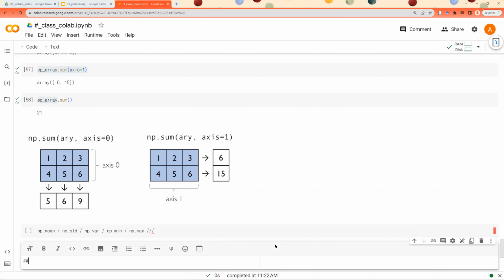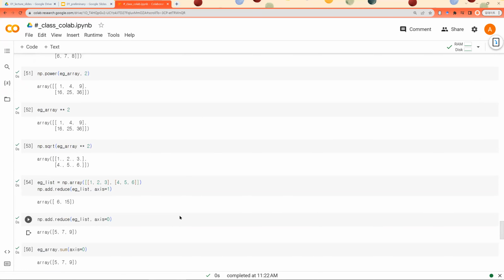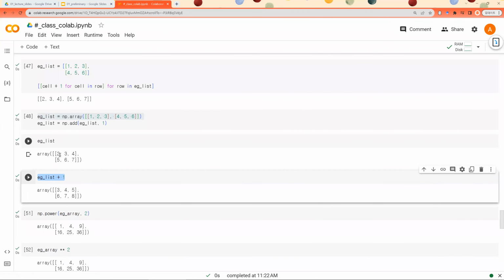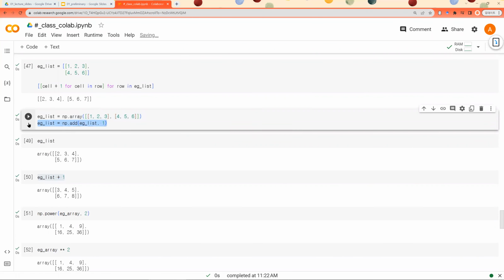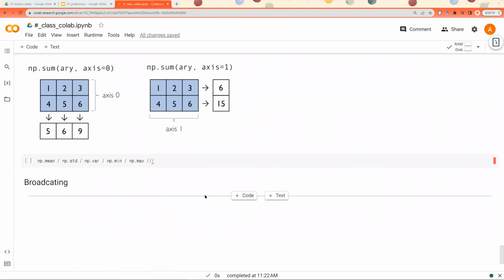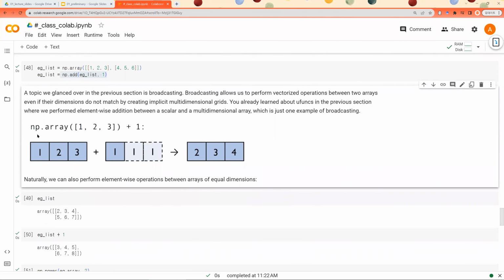Okay, and from now on, we're going to talk about broadcasting. So what is broadcasting? I told you that when you run this operation, NumPy will automatically change this expression to this one and perform this universal function operation. And you can view that as broadcasting. Broadcasting is not simply, so this one is broadcasting. So if you add np array 1, 2, 3 plus 1,